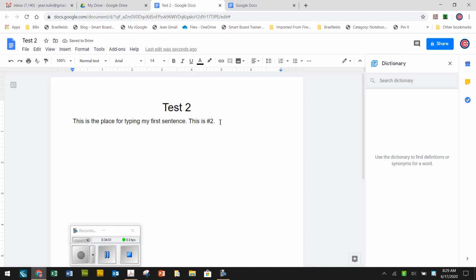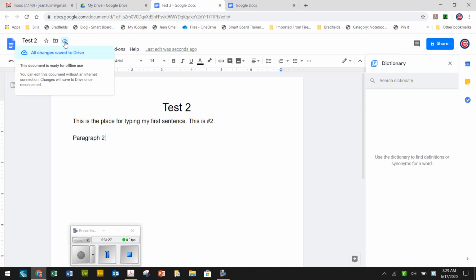I ask you to type a few sentences, and I also ask you to notice the words at the top of the page. So I'm going to hit a return and start paragraph 2. And what I want you to notice is up here at the top, you have to look real quick. It says saving, and then when it's saved, it says saved in Google Drive, but please notice that it doesn't last very long. This little cloud feature right here